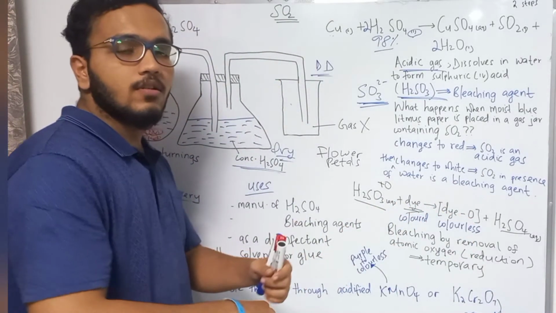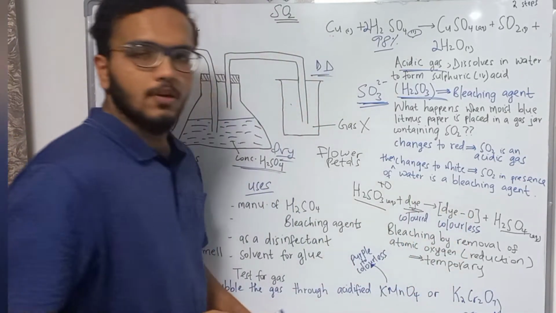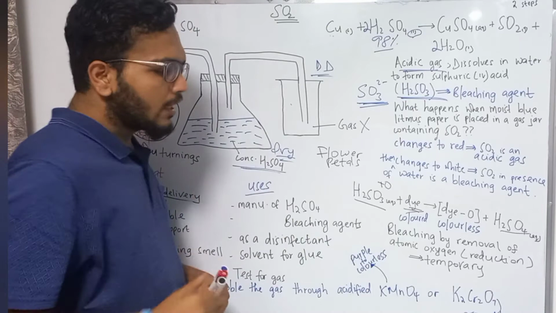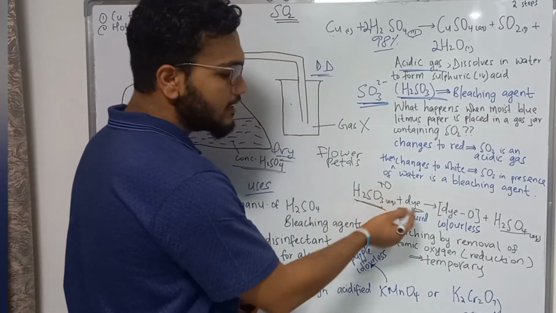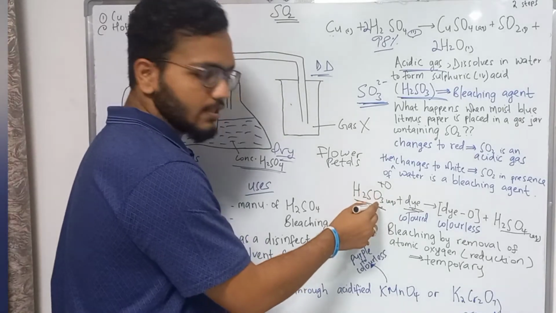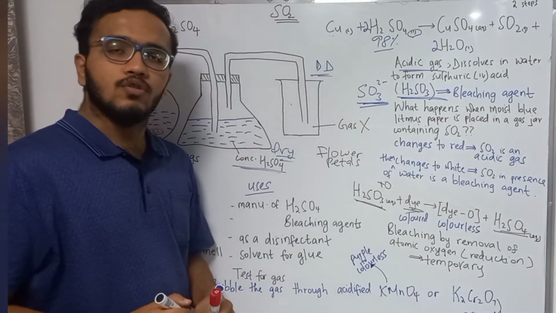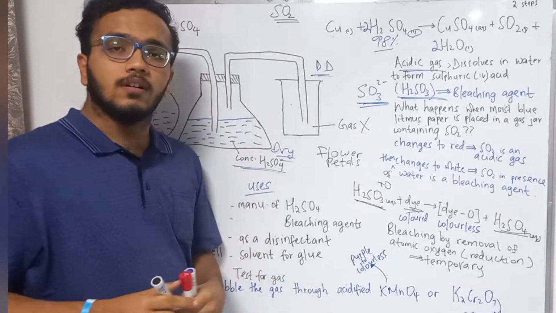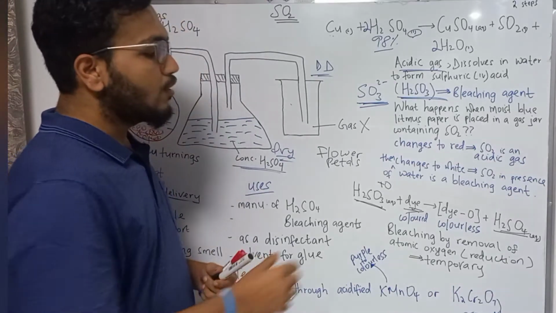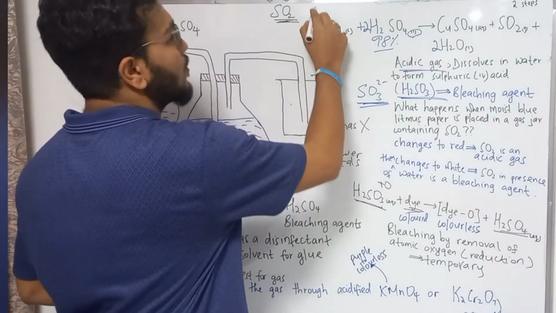The atomic oxygen from dye is removed. The atomic oxygen that is lost, where does it go? It doesn't disappear into the air, no. It goes into the H2SO3, adds itself to the 3 oxygens that are already there to form H2SO4. Now the difference between the bleaching property of sulfur 4 oxide, SO2, and the bleaching action of chlorine,